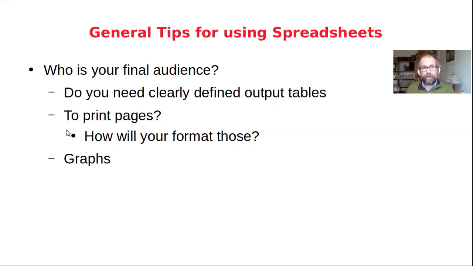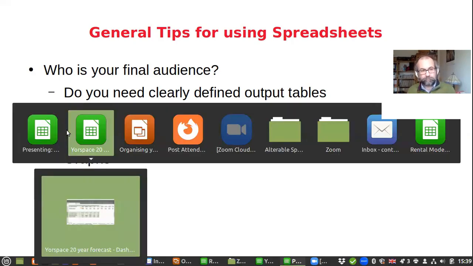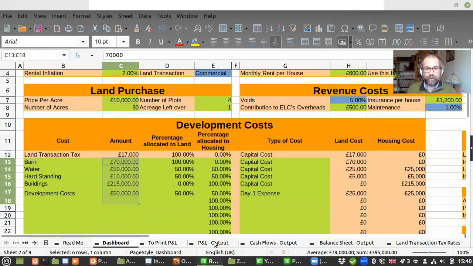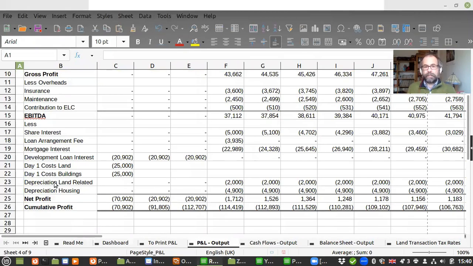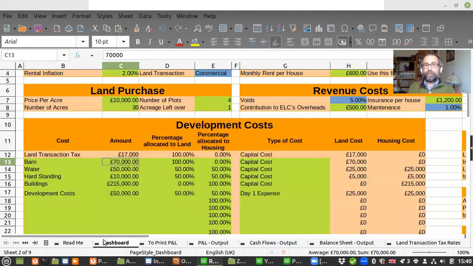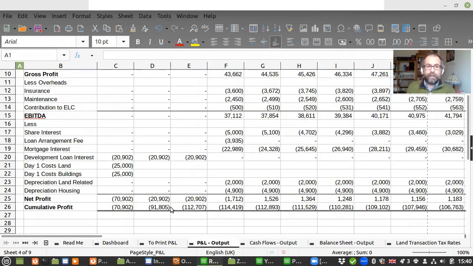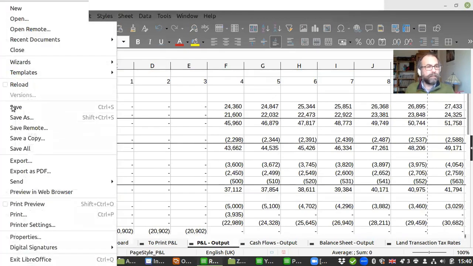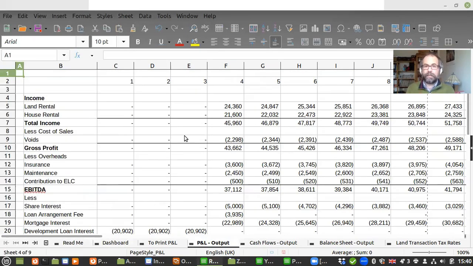So if I went to this spreadsheet that I made for a client, and this has got output sheets, P&L output, cash flows output, because it's also got input sheets where people can insert data and then it gets outputted into these. But if I tried to print this to insert it into a document, so I went to File, Print Preview to show you what it looks like,